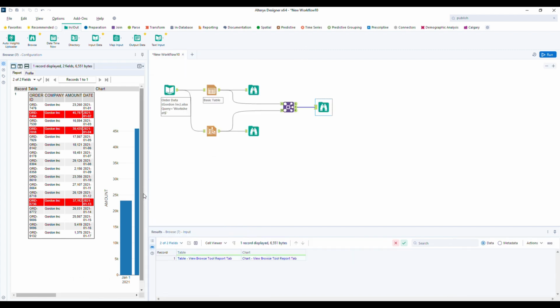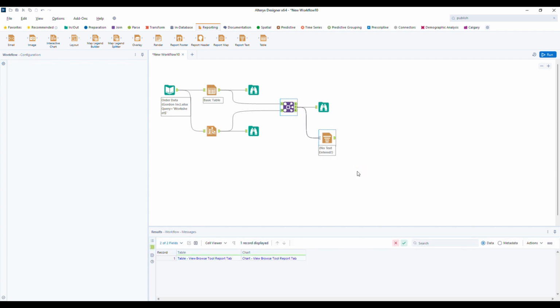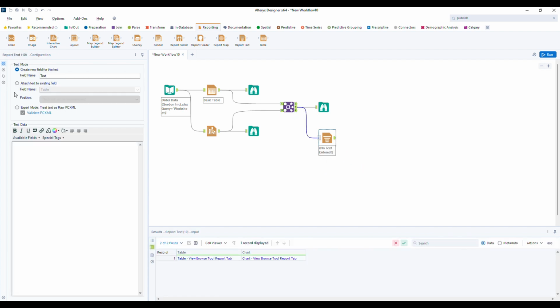Now we can add a title to this table and chart object as well. For this, we have to use the report text object. Go to report and bring the report text onto the canvas, connected to this workflow. On the left side in the configuration window, select the table and provide the title, whatever title you would like to give for this particular table object.